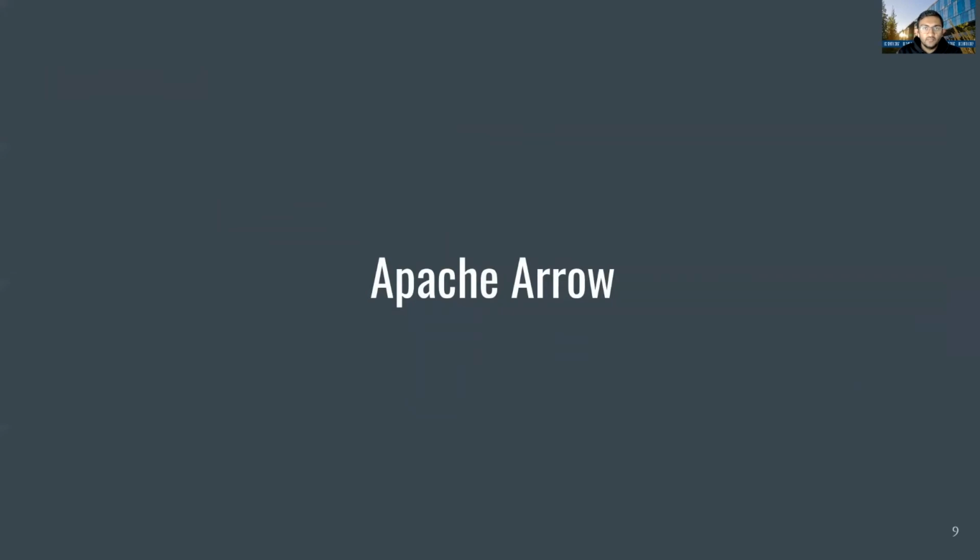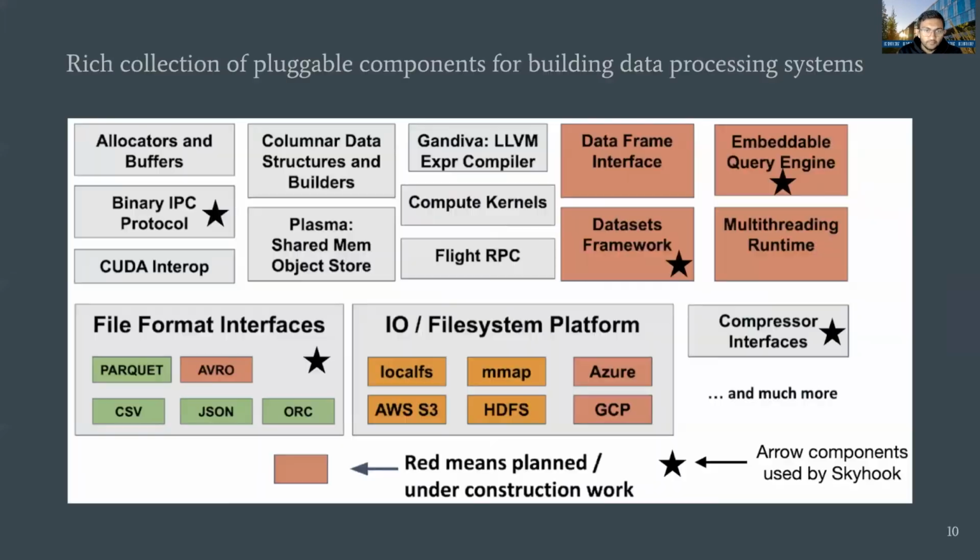Now, another most important component in Skyhook is Apache Arrow. As most of the audience in this talk might already know, Apache Arrow is a columnar in-memory format that is optimized for zero-copy operations on modern hardware. And it allows for zero-copy data sharing between multiple data processing systems. So, for example, if you have multiple data processing systems talking to each other,